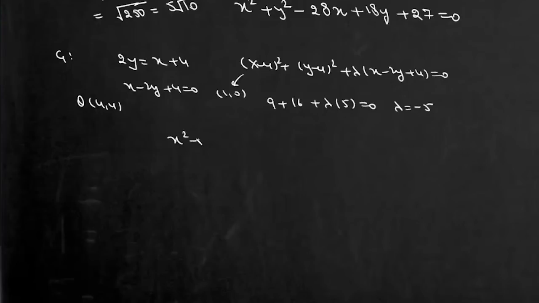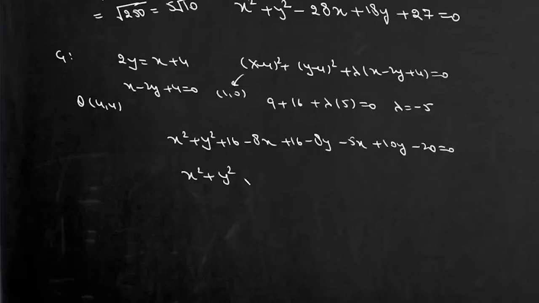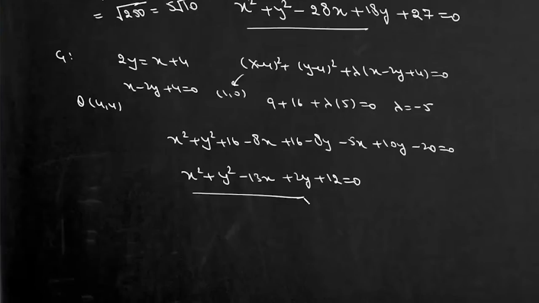So we'll get this equation as x square plus y square plus 16 minus 8x plus 16 minus 8y minus 5x plus 10y minus 20 equals 0, or it will be x square plus y square minus 13x plus 2y plus 12 equals 0. Now once we have the equations of both the circles, we can find the equation of their common